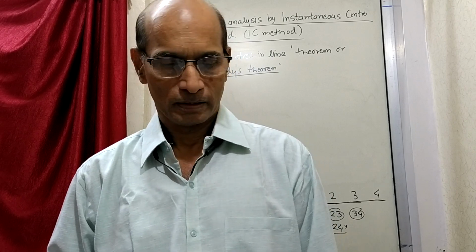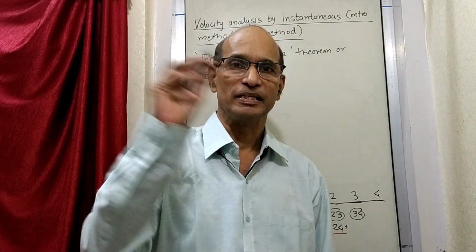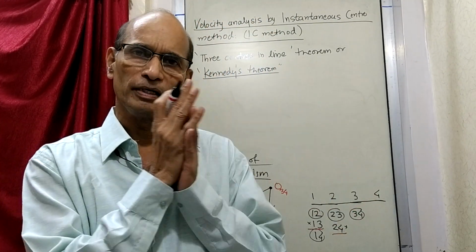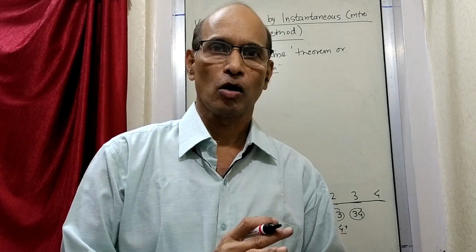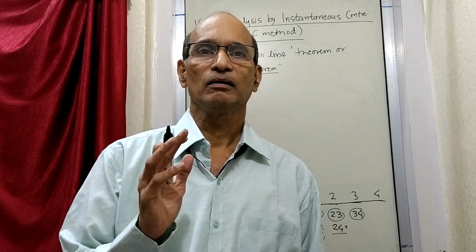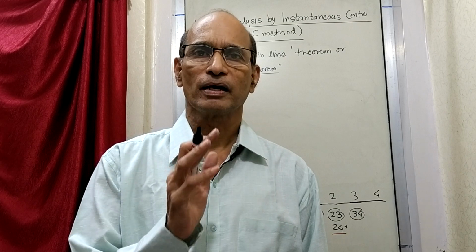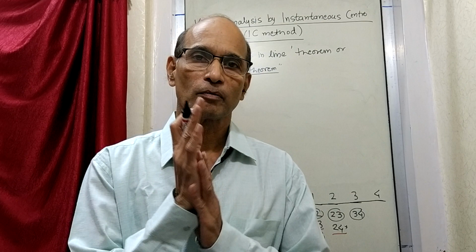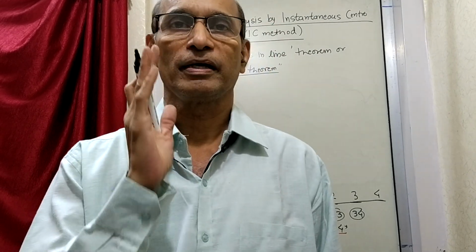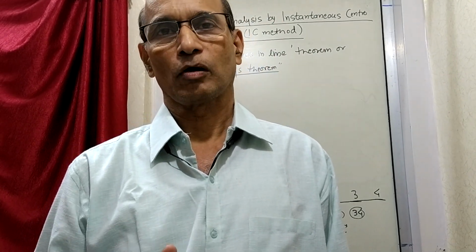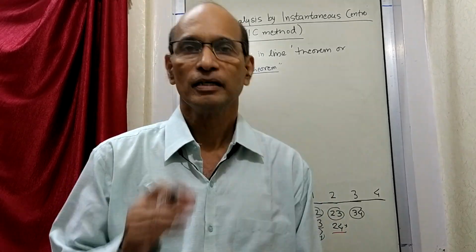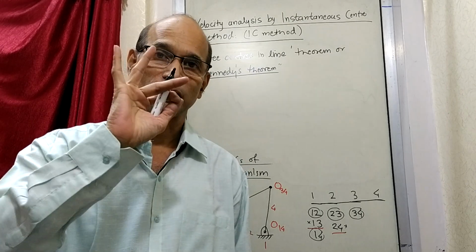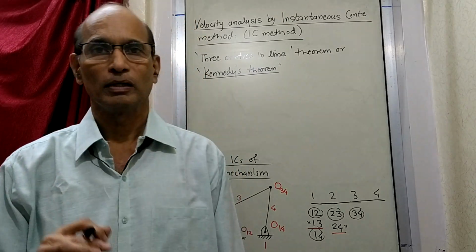So what does it say? The theorem says that if there are 3 links which are moving in one plane, in fact our entire work is in one plane, we are only talking about planar geometry. So all our linkages, the case we are taking is the case where the links are moving in one plane. They are not moving in 3 dimensions. So whenever the linkage is moving in one plane, planar motion it is called, then in such a case, if you take any 3 links, then the instantaneous centers formed by those 3 links will lie in one line.